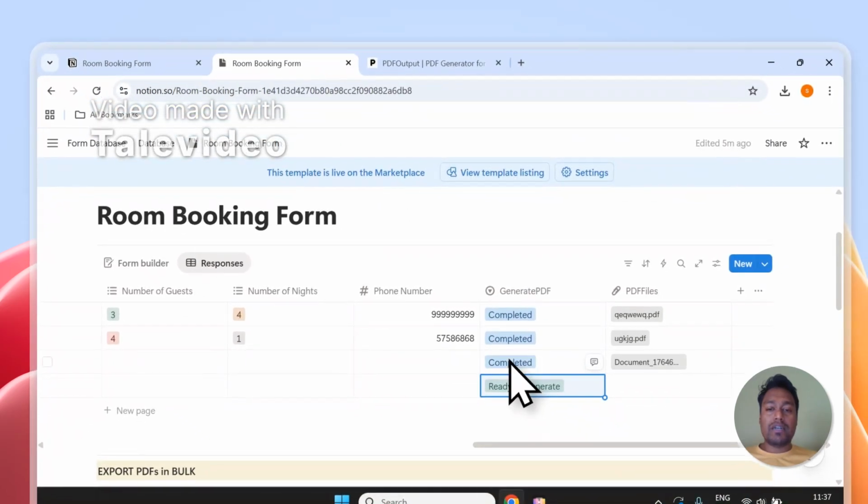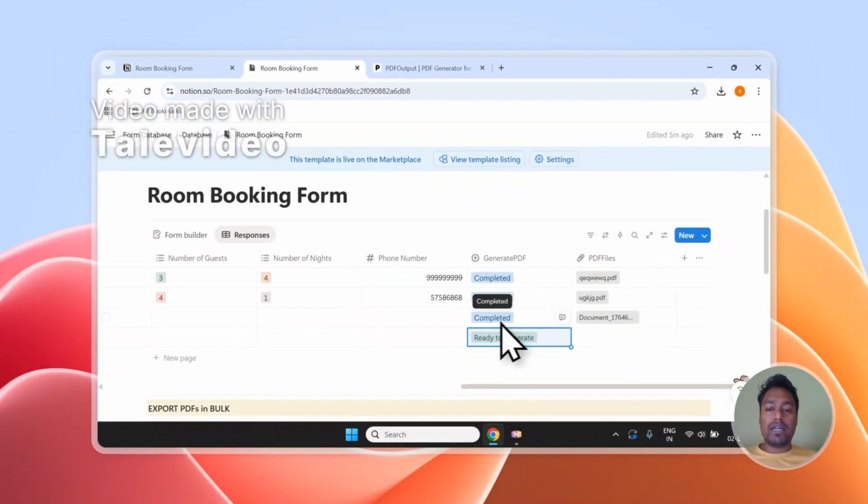So as you can see, it has started processing this document, which we had marked as ready to generate while we were setting up this automation, and it has generated the document as well. This is how the